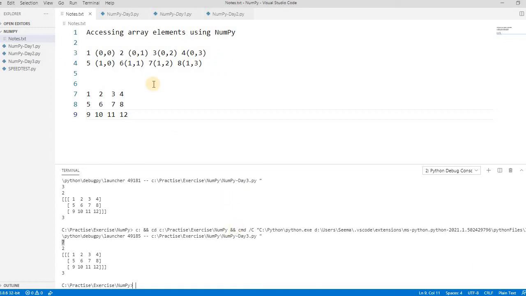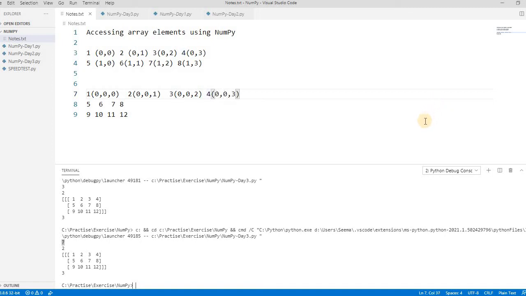The coordinate of the first element becomes 0, 0, 0, because it's a three-dimensional array and the z index is again 0. So the first one always remains 0, and the 2 becomes 0, 0, 1, right? And the 3 becomes 0, 0, 2. If you consider the 4, it becomes 0, 0, 3.